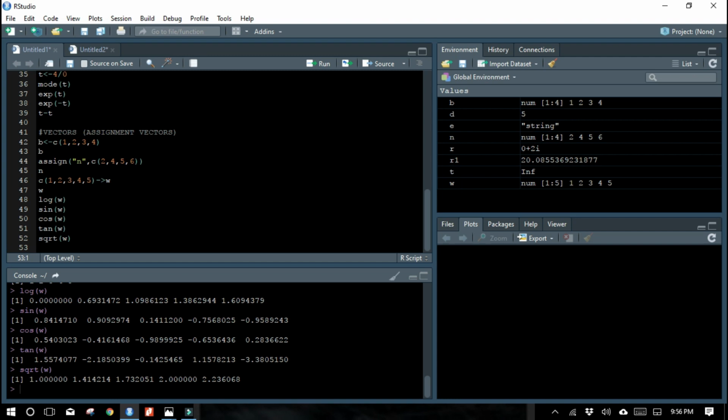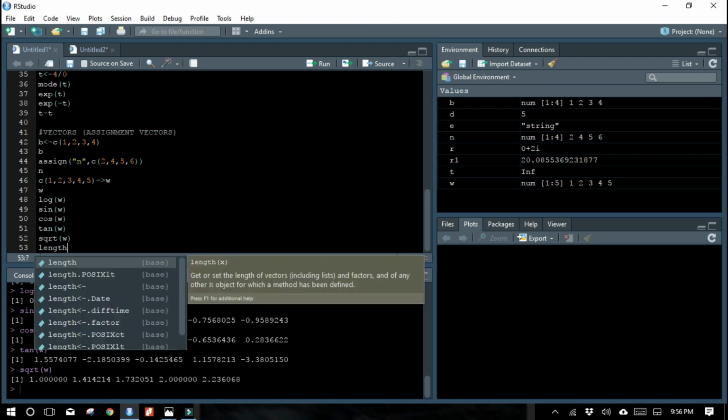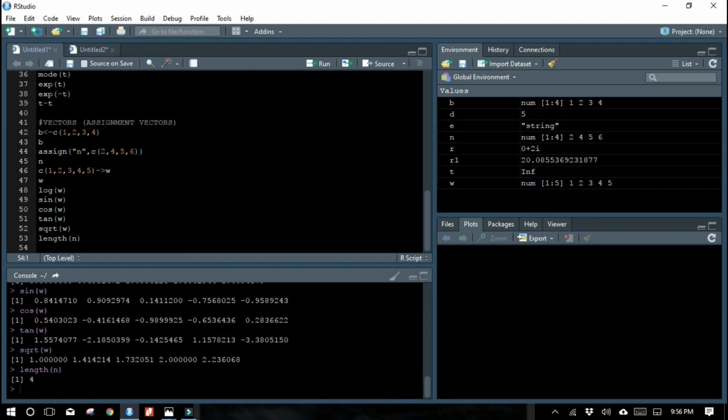Now if you want to find the length of n, what is the length of n? That is 4, because we have only 4 numbers. So if you have a larger data of 1000 columns, 5000 rows and all, if you want to find out the entire length of the particular column, we can go with this length option. We can't be scrolling the Excel sheets, right? So we can use this length option in order to find the length of the particular column or length of the particular row.